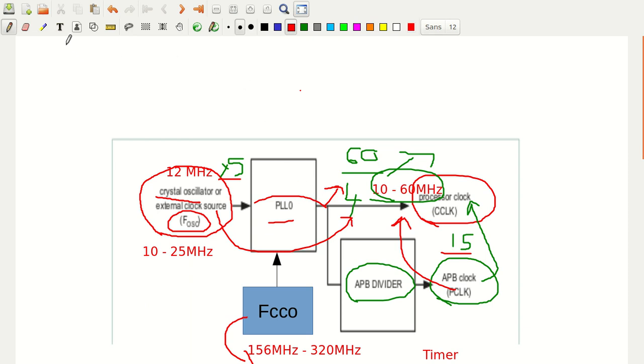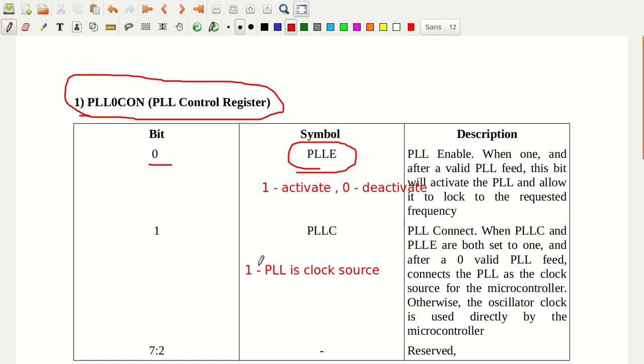That is what we mean by connecting. Whenever PLLC is 1, the PLL output frequency is the clock source for the microcontroller. If PLLC is 0, then what is the clock source? The oscillator is the clock source.